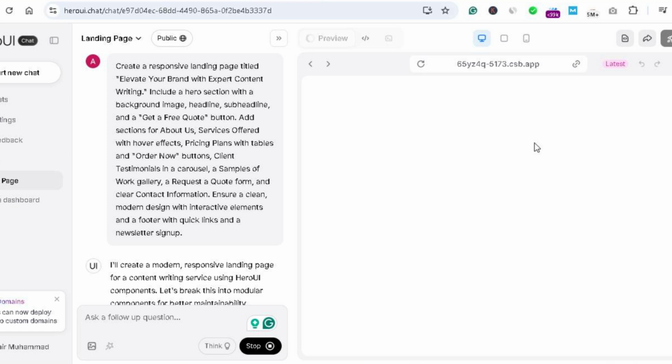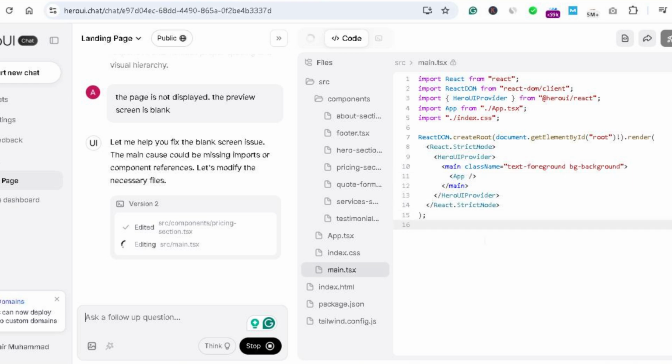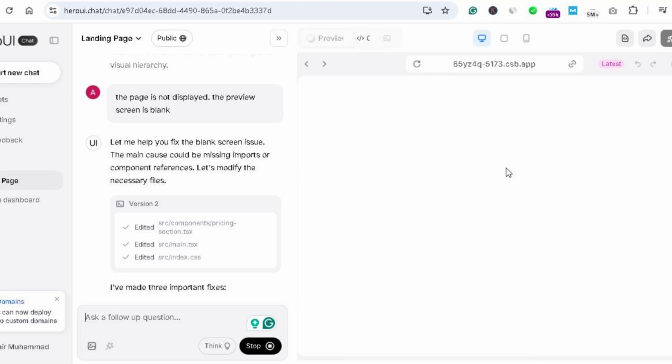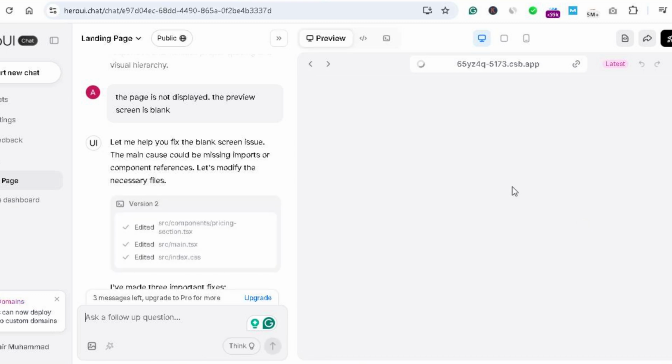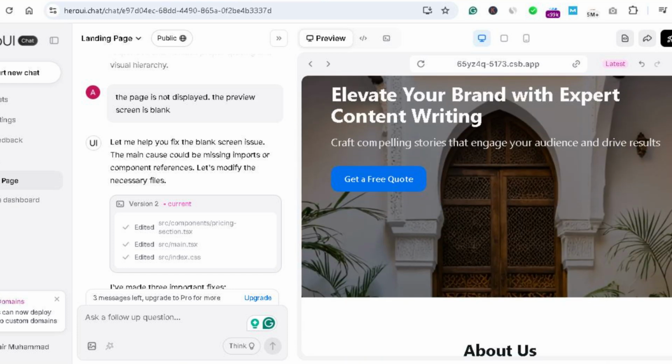So it's thinking at the moment, and it's editing and changing different files. For example, here you can see that it is editing the source component and the section, the tsx section, etc. It's amazing. Now you can see the preview window